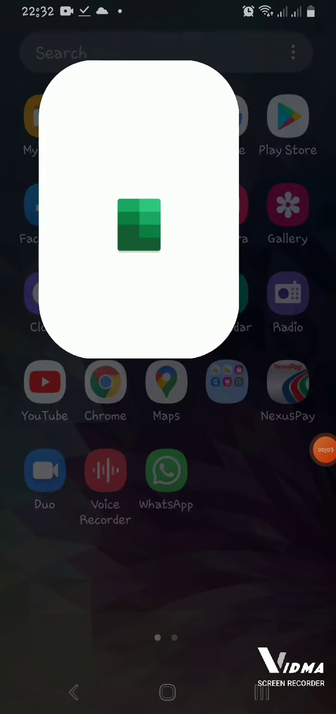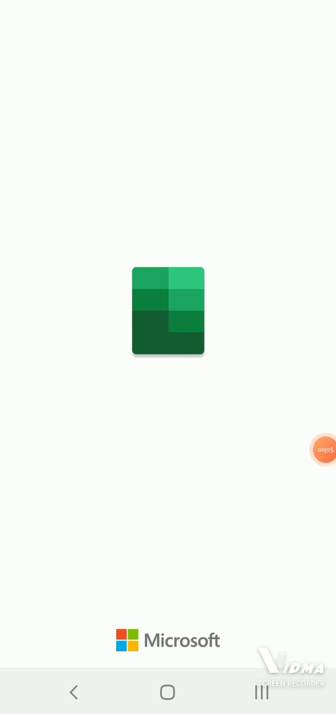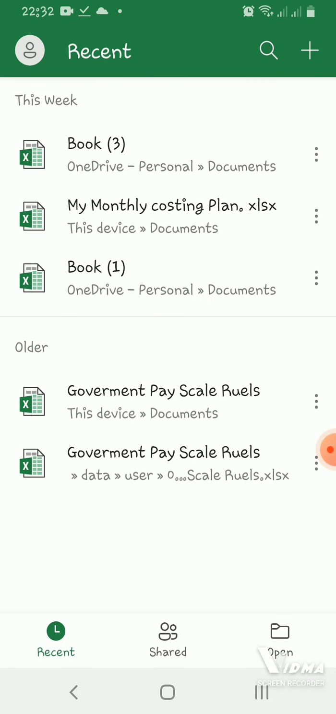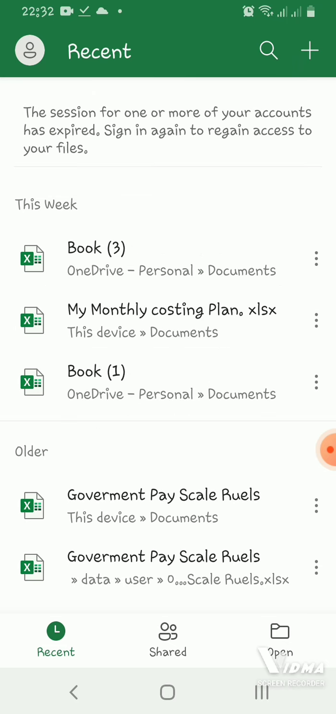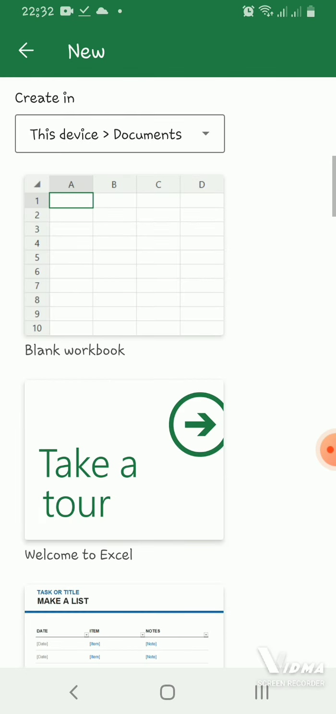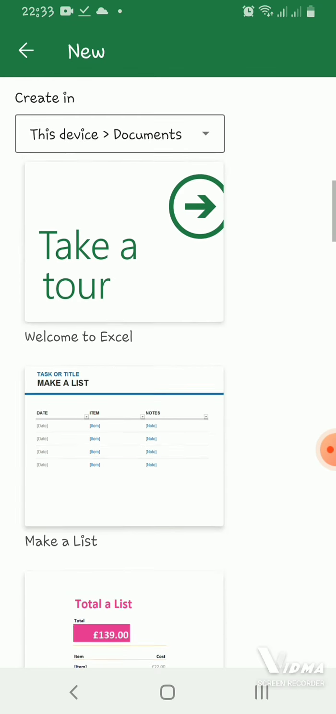Hello viewers, today I will show you how to maintain Excel in the proper way. So first I log in to the Excel sheet, then see the plus icon on the top right side, then click it, then